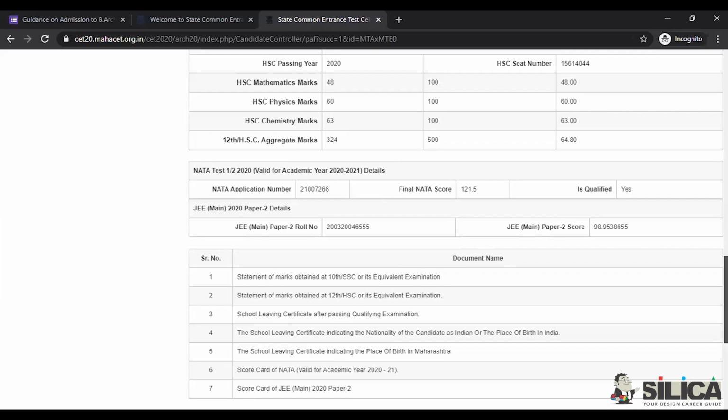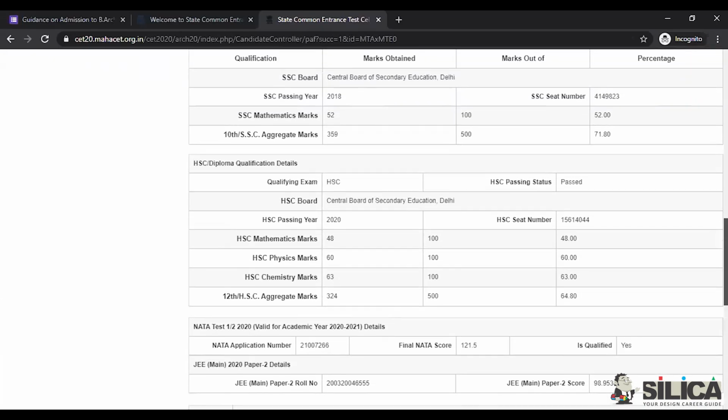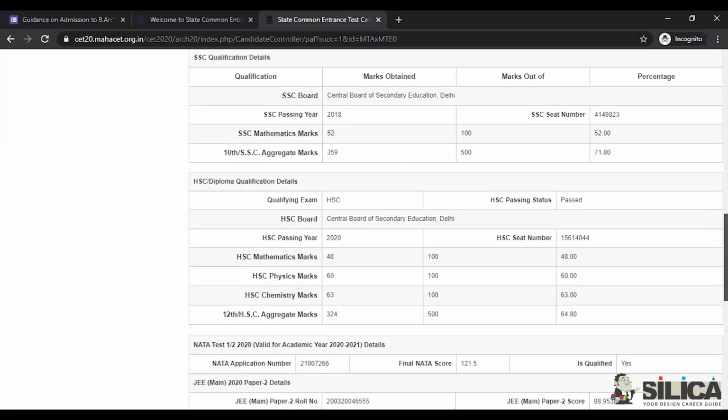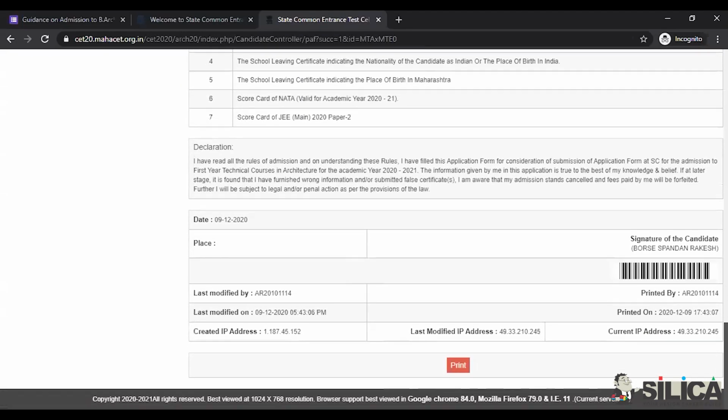And after the payment, instantly it gets reflected here, and you will get this form where you can check all your details. And at the end, you have to keep a print of this with you, so that this has to be submitted at the time of document submission in your college.